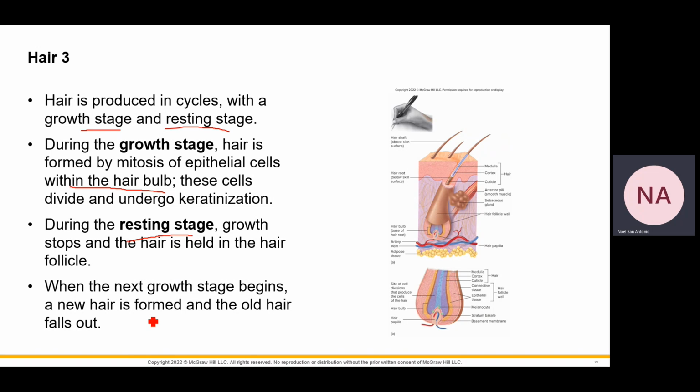Meaning, hindi ka dapat nakakakita ng maraming buhok, for example, in your shower drain, or upon waking up in the morning, yung maraming buhok sa unan. Because again, yung hair fall that is due to the normal transitioning of the growth stage of our hair